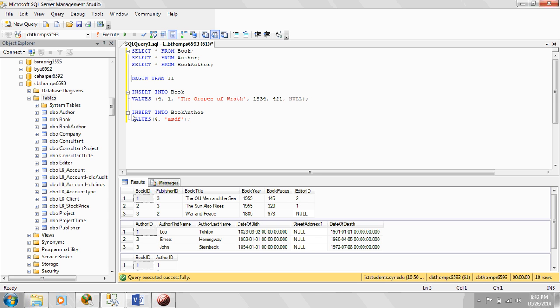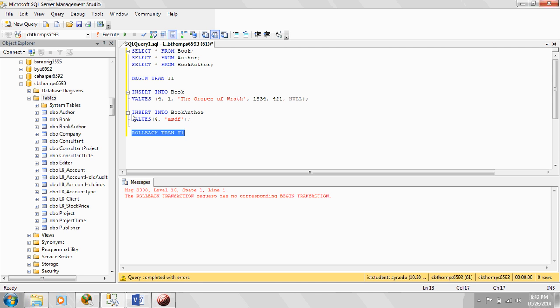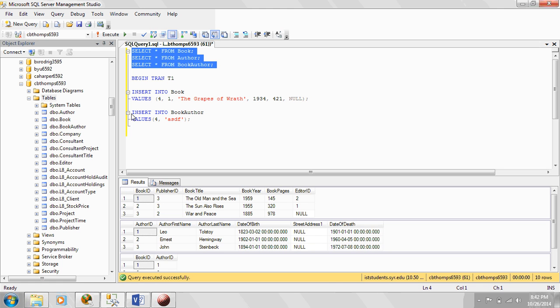Now let's go through the steps of doing a transaction. Now before we start, I just want to make sure that transaction T1 actually rolled back. I'm going to try to roll it back and it should say there's no begin transaction because it automatically rolled back when this statement failed. So that's just a check I was doing. Okay, let's look back at our book author table and our other ones. So we have 3 books, 3 authors,